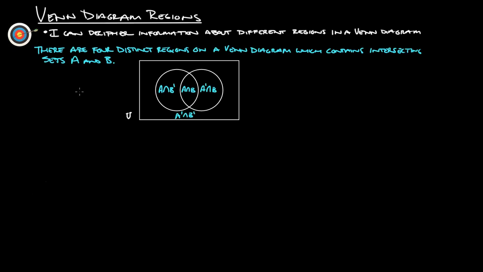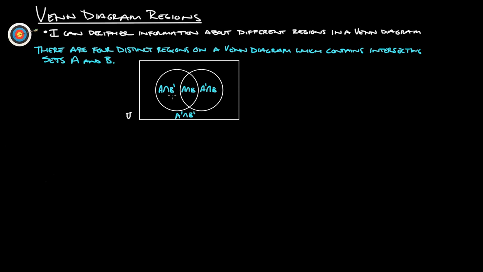I'm going to take you through the notes on Venn diagram regions. At the end of this, you should be able to say, I can decipher information about different regions in a Venn diagram. Okay, so first off, there are four distinct regions on a Venn diagram which contains intersecting sets A